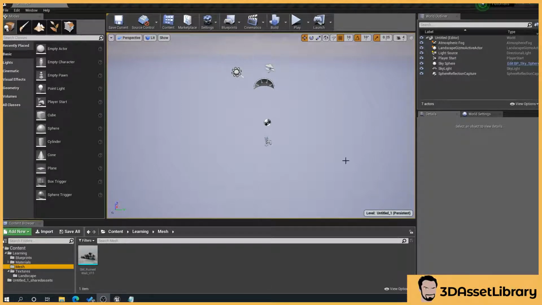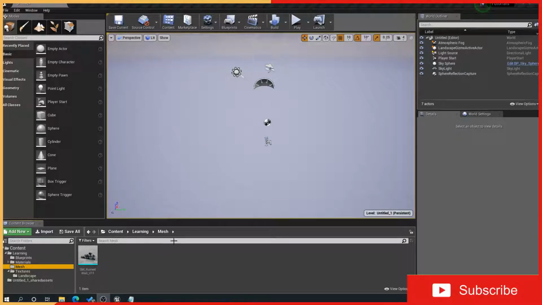Now, what a landscape material allows you to do is basically give a material to your landscape, but also you can blend between other materials. So say you could have grass, and then you could have a dirt track, or you can have a cliff, and it's all getting painted onto the landscape. So I'll show you how to do that. It's very useful for game design and used a lot in AAA games and all sorts really.